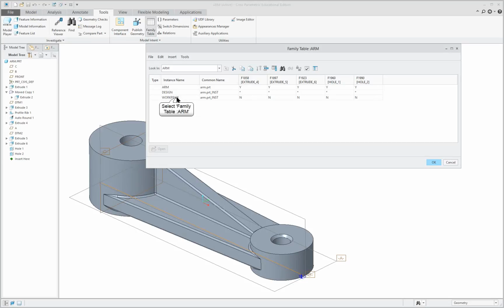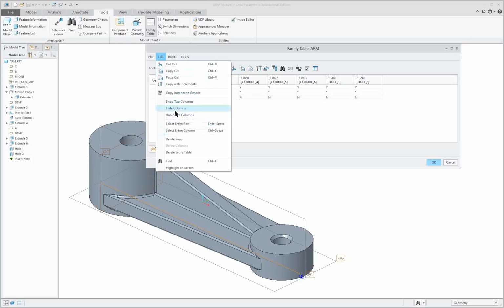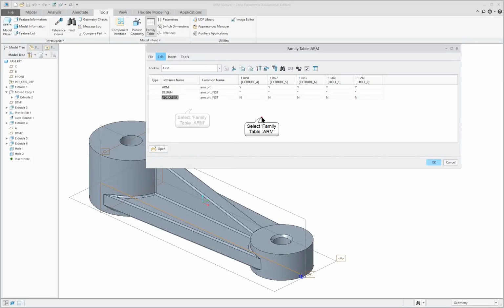Now, we could delete, add, copy, a lot of different things you can do in your family table here. And click OK. I'm going to make sure I've got everything on here. We could add one more instance. And I'm just going to call this one dims. And in dims,